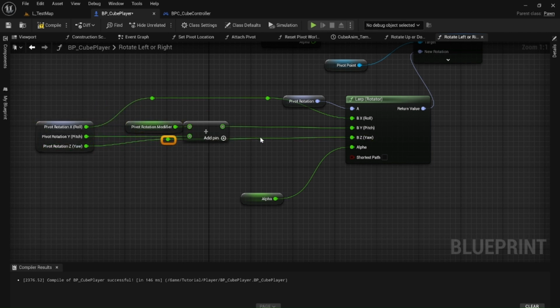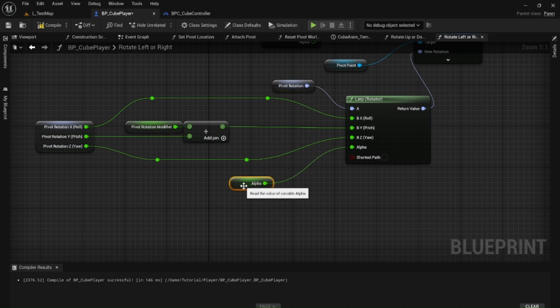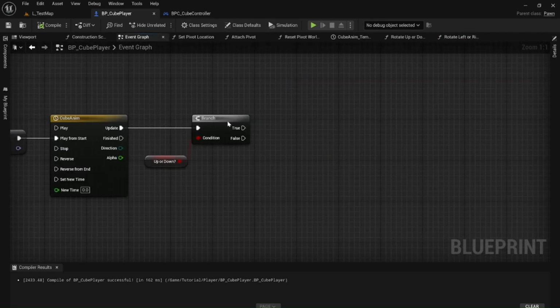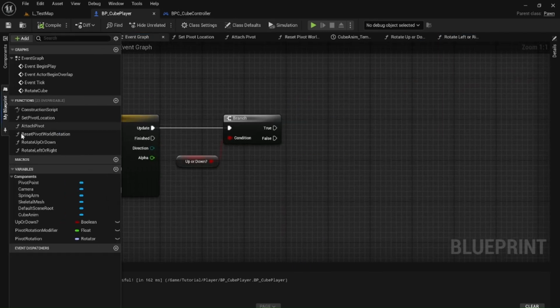Same thing here. Just double left click on the line to create the reroutes. Select them. If you press Q, it'll straighten them out. And just kind of reroute it like that. So now we can see what's going on a little better. So Y into adding to the Y here. Perfect. Going back to our event graph, we're going to take our two new functions